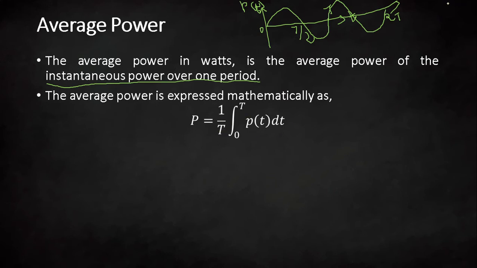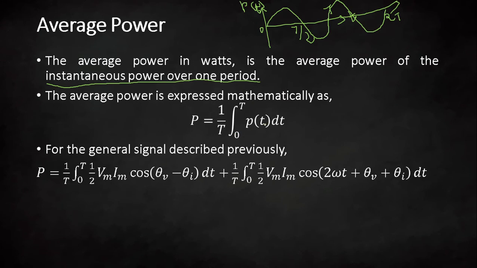If you just go on, then 3t minus 2t is also t only. So here we are considering t minus 0, that is 1 divided by t, integration from 0 to t of power p(t) into dt. If you are talking about the second waveform or the second period, in that case it will be the integral from t to 2t of p(t) dt. Now we have already found the value of p(t), and that is